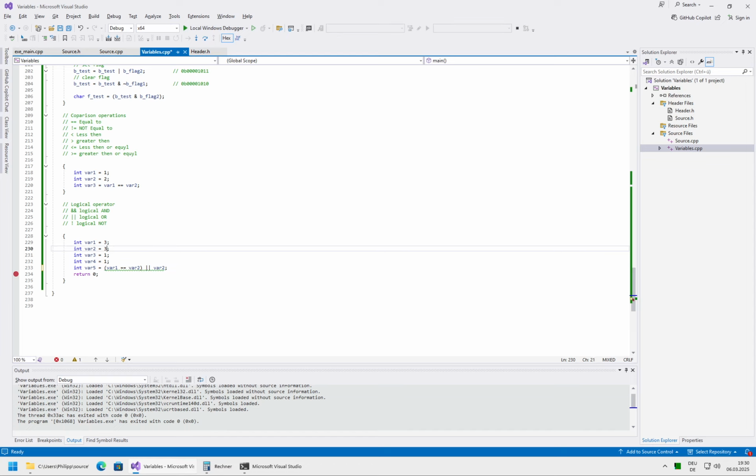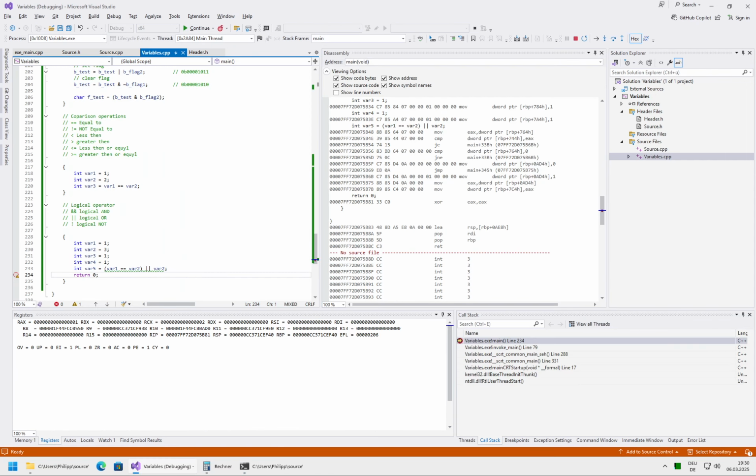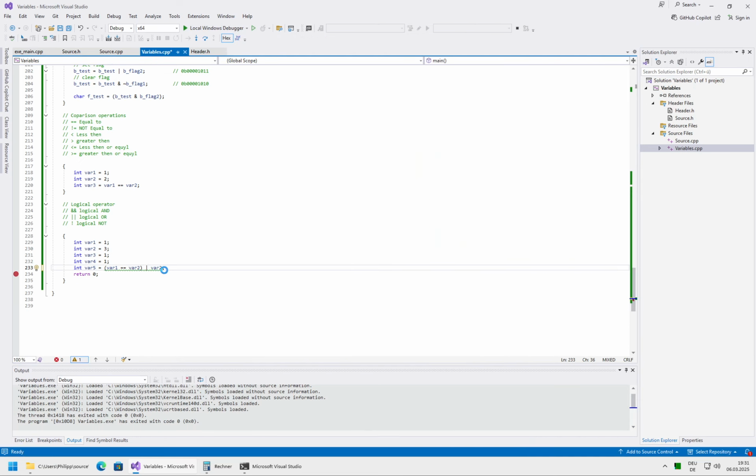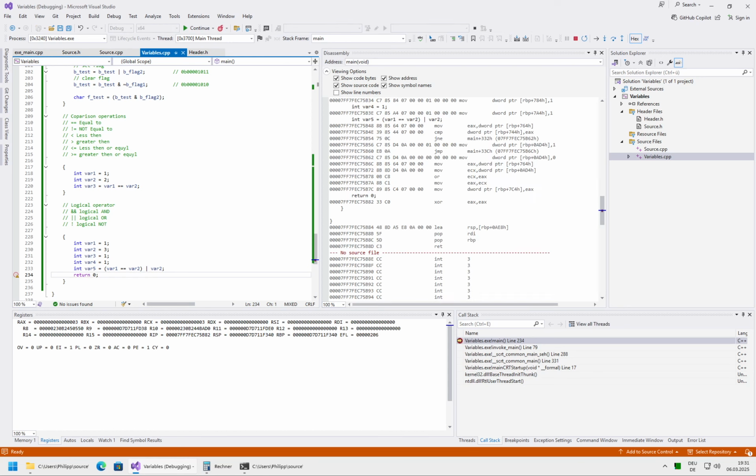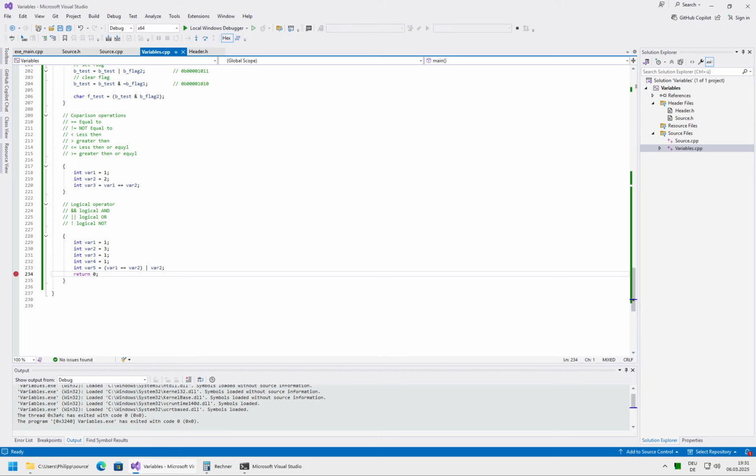Let's see here 3. Let's break this case. It gives you var2. Sorry, this was the correct one, the double pipe symbol. So it gives you always 1 or 0. While if you use the single one, it gives you not 1 or 0, but in this case 3, which we already had at the beginning. So it is a kind of less defined behavior, and usually when you are creating conditional expressions, it is strongly recommended to always use the double